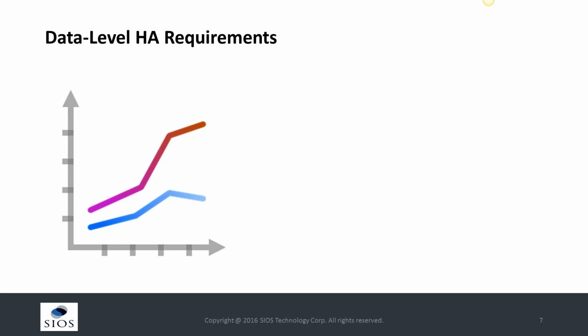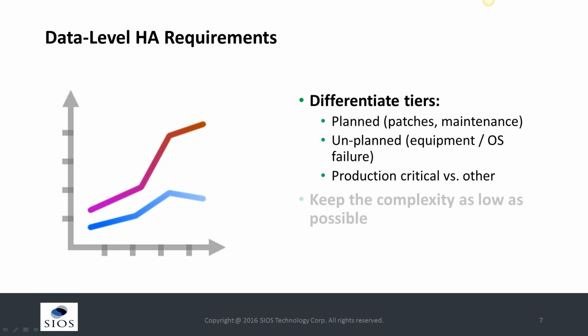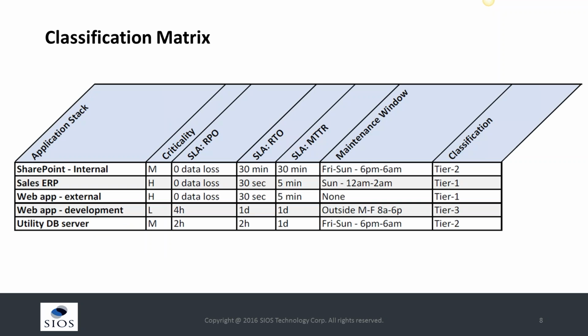Just remember to keep the complexity as low as possible for the application stack, because the more complex a given system, the harder it is to triage in the event of an emergency. Put all these together into an application classification matrix to make it very easy to see what is needed. So the classification matrix helps visualize the impact of the application stack on the business. Some of the classifications can be the items that we talked about, and feel free to modify these classifications according to your business requirements. From there, you can now define the availability requirements